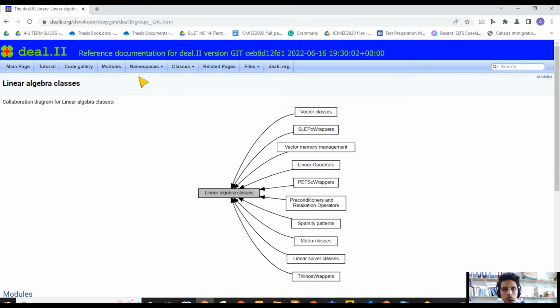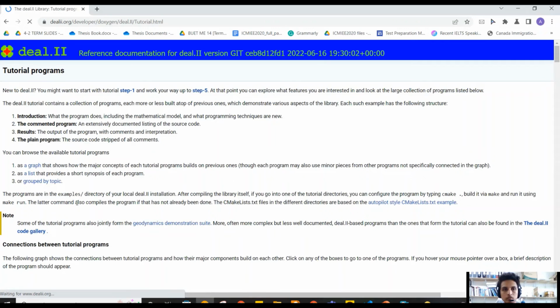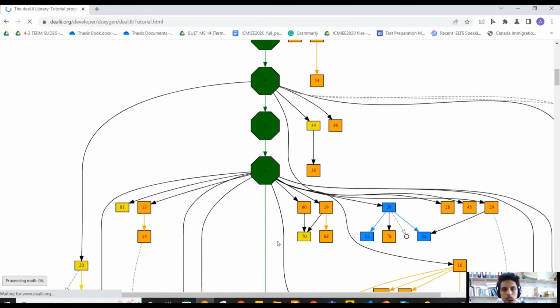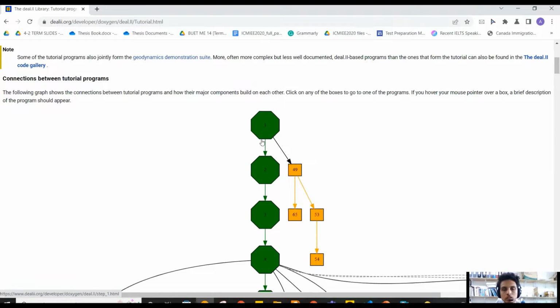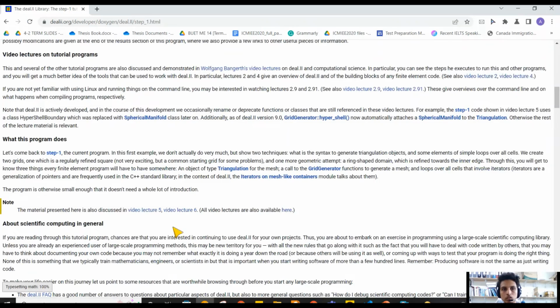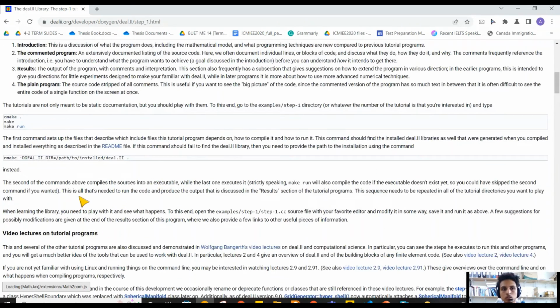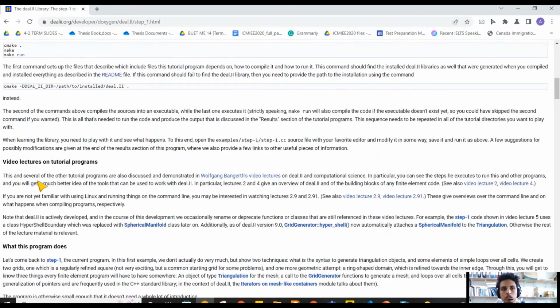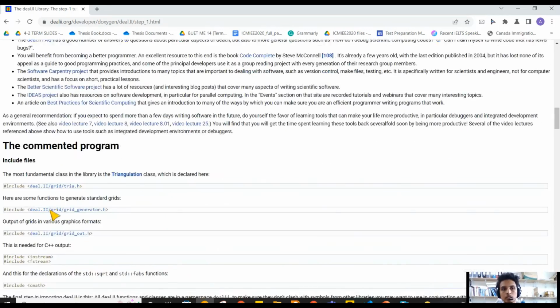Okay, so let's get to that tutorial. For the first, here you can see tutorial 1. There are a lot of code blocks here and how we can run it. There is a simple description of the command that we will insert into the Linux terminal, and they have also